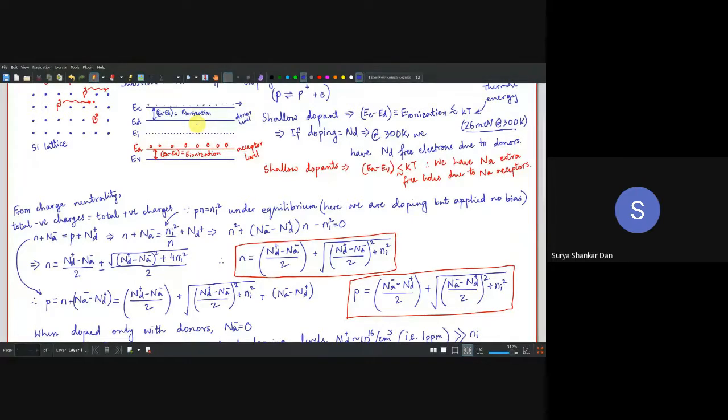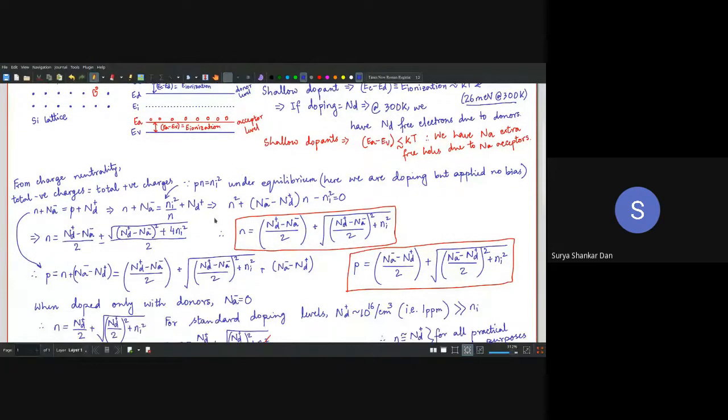All right, so let's do a little bit of modeling over here. From charge neutrality, we know that the total negative charges will be equal to the total positive charges. That means total negative charges will be N plus Na minus. Na minus is the doping concentration of the acceptors. Acceptors have accepted electrons and essentially become negatively charged. Donors, on the other hand, have donated their electrons, so essentially become positive charges. So they will add up with the free hole concentration.